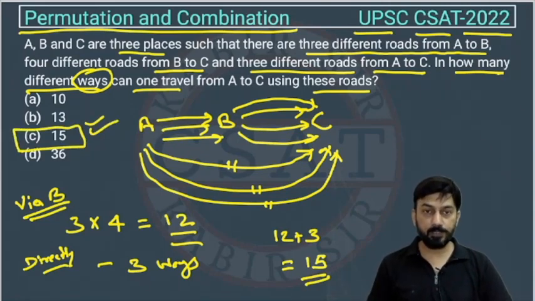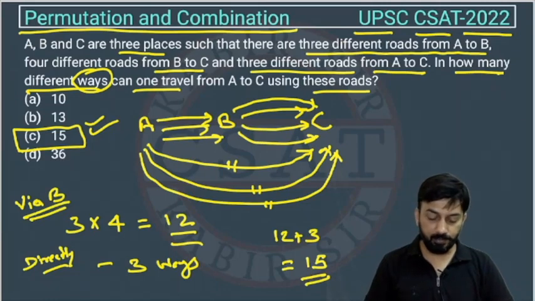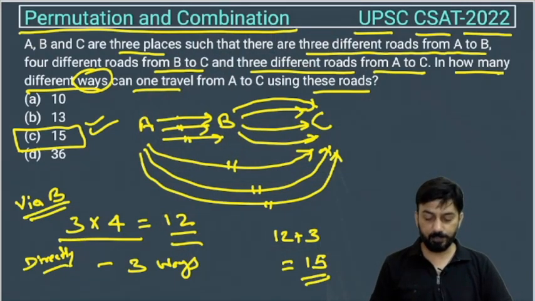Right, so इस टाइप की प्रॉब्लम में जब भी होता है what we will do, we multiply. Like from here A to B we can choose this road and this road. If we are going through this road, then after reaching B we are having how many possibilities? 4 possibility. Similarly, if we are going with this one, how many possibility? 4. If we are going with this one, again 4 possibility. That's why we multiply, right? So there are 12 possibility and 3 are direct way. So total are 15 ways. Okay,